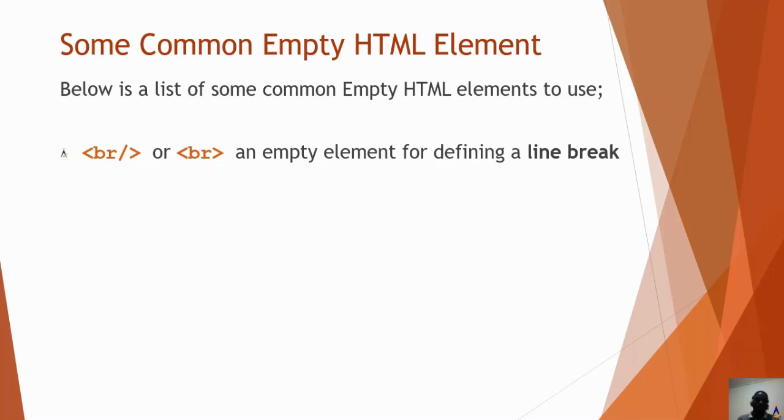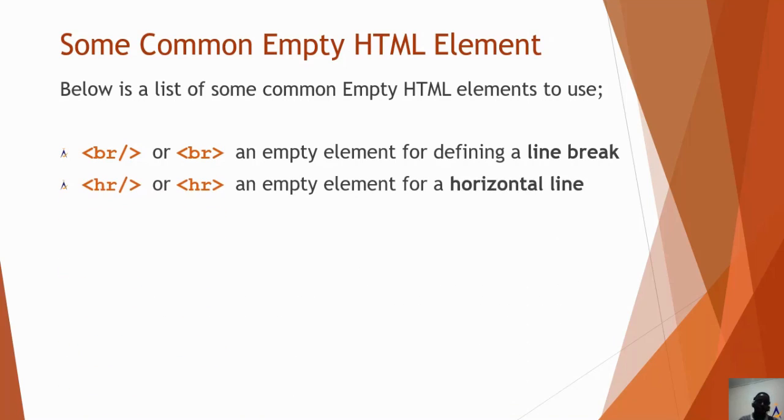So in this list, we define some commonly empty elements. For instance, if we want to place a line break somewhere on your page, you can use br as an empty element. If you want to put a horizontal line, you can use hr. So those are some commonly empty elements, and we'll see their effects when we'll be